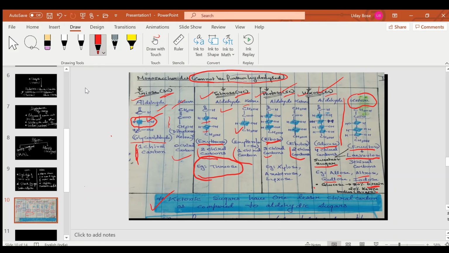then there is only 1 chiral carbon in erythrulose. Similarly, in ribose, 3 chiral carbons, 2 chiral carbons in ribulose, and also there are 4 chiral carbons in glucose and only 3 chiral carbons in fructose. So there is one fewer chiral carbon in ketone sugar as compared to aldehyde sugar. So this is a key concept that might help you to remember the number of chiral carbons present in monosaccharides.